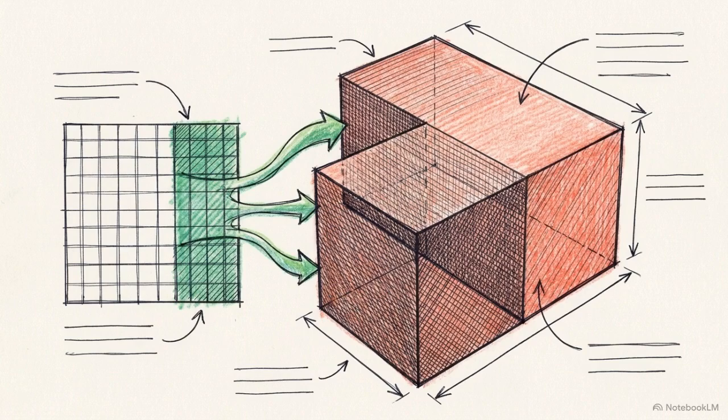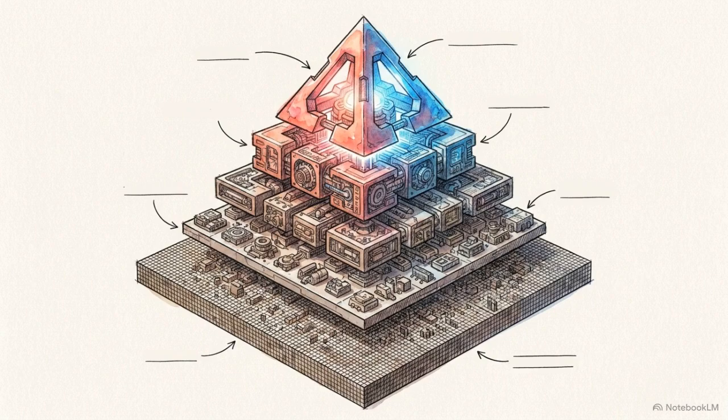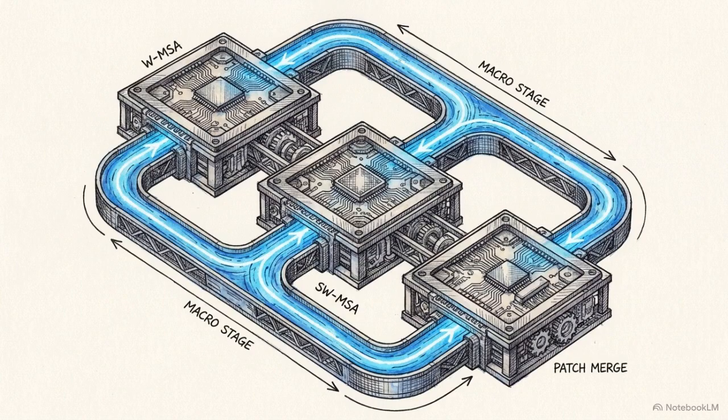The spatial grid is halved from 56 by 56 to 28 by 28, while the continuous channel depth doubles to 192. This mechanism allows the network to increase its receptive field organically, mirroring the spatial hierarchies used by traditional CNNs. Executing the windowed attention module, the shifted windowed attention module, and the patch merge operation constitutes one complete macroscopic stage